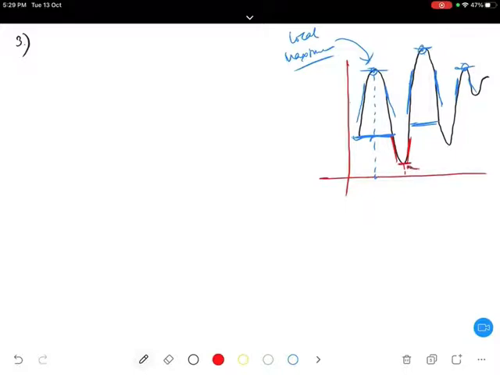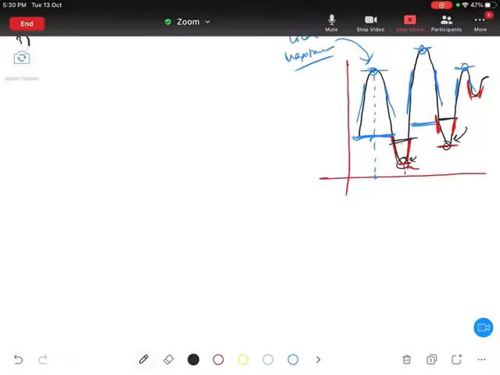Again, the slope is changing from negative to positive, so this point is our minimum value. Again, negative to positive, so this one is the minimum value. There are so many minimum values here. So where do we get the term local minimum value? If I say this is the locality, in this locality this is the minimum value, so local minimum value. In this locality this one is the minimum value. In this way a function can have numerous local maximum values and numerous local minimum values. Understood? Yes or no? I hope it's clear.